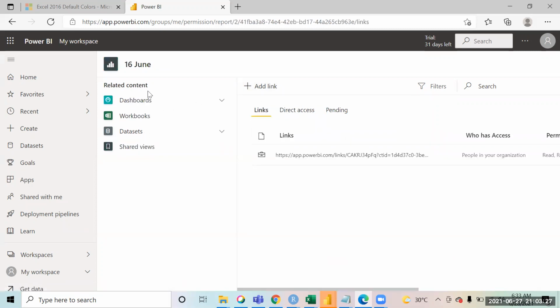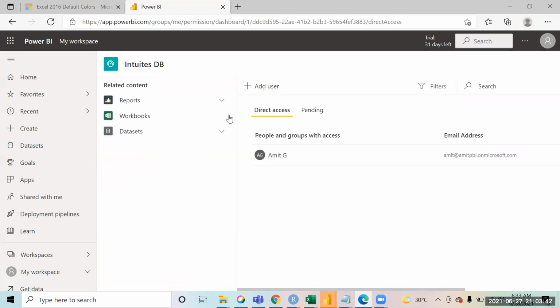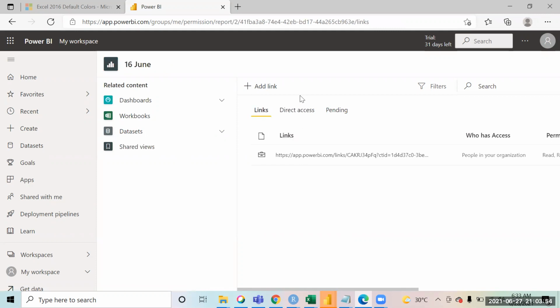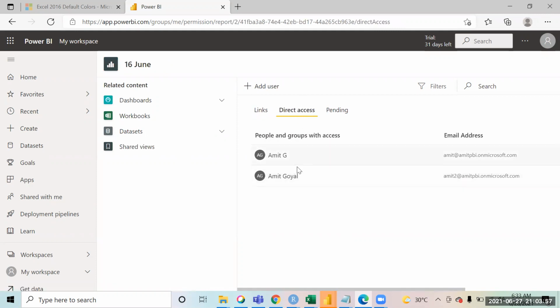If you click on this dashboard, one second, these are the two dashboards that you have created with this report. There is a report that I have published on 16th June. With that data set, there are two dashboards that I created. One is this, and if you see over here, the access for that dashboard is only for Amit. I only shared that dashboard with him, but he got access to that report as well, because that's the underlying stuff of that report.